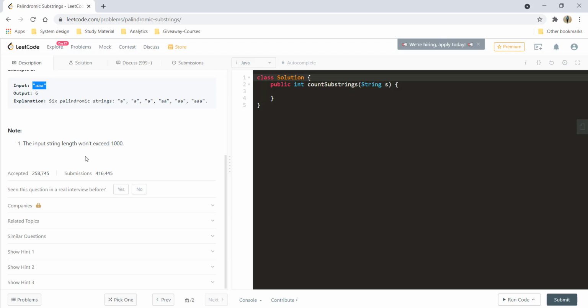So the time complexity would be n squared for the number of substrings, and the time taken for checking whether a particular substring is a palindrome would be n. So the time complexity for brute force becomes O(n cubed) and the space complexity would be O(1), because you would not require any extra space.